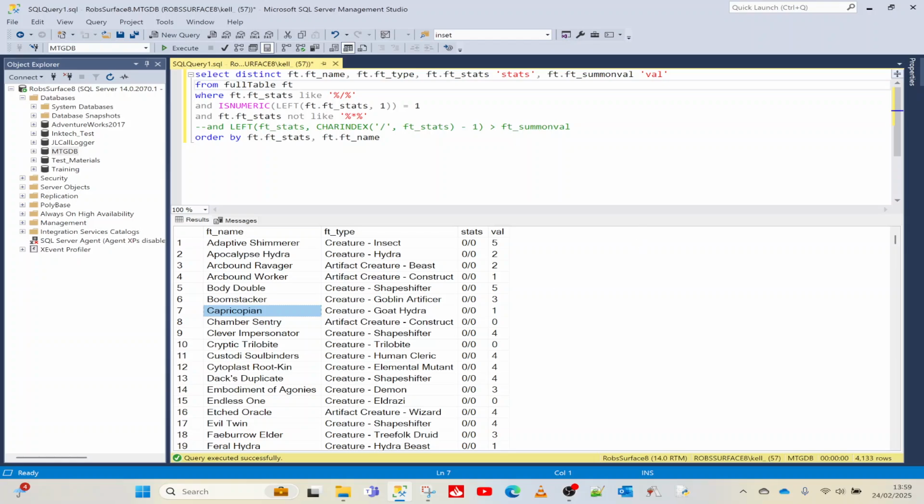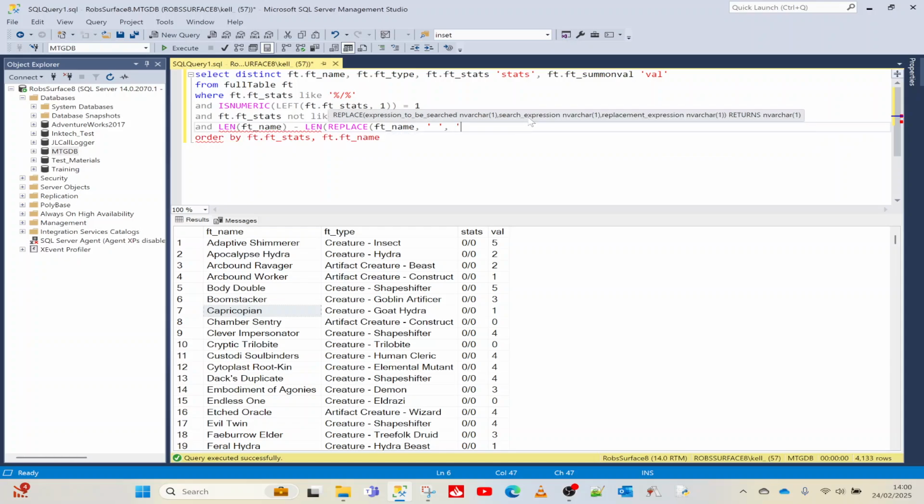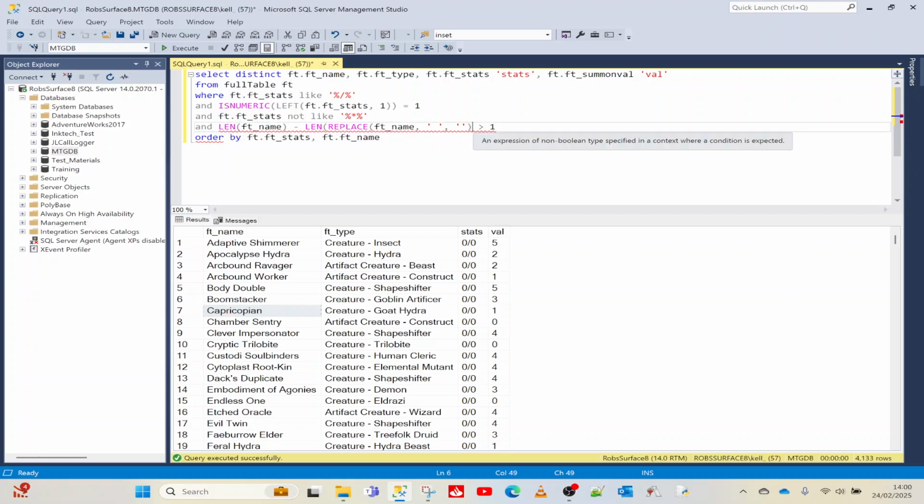So in order to find whether it's got 3 or more words, we can just search for the amount of spaces. So what we say is len, which we've looked at before, ft name, minus len, and then instead of it being just ft name again, we're going to get rid of the spaces. So we're going to call something called replace, ft name, and we're going to search for spaces and return them with no spaces. So what we're saying here is, if I close this up properly,